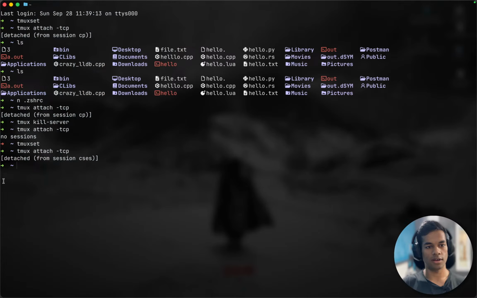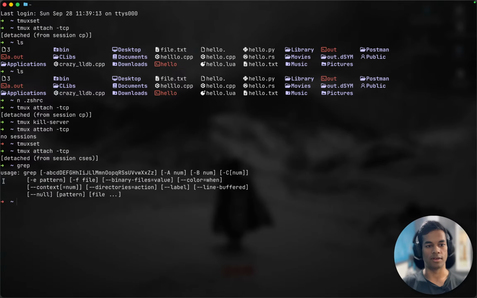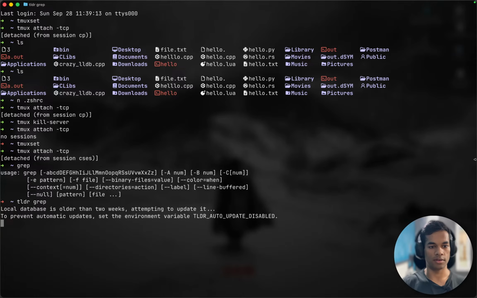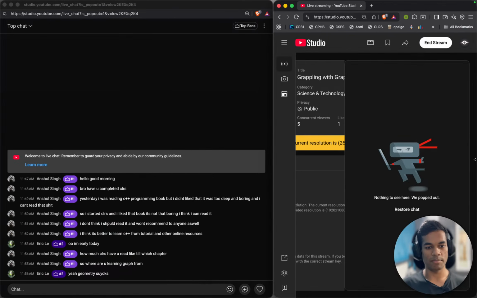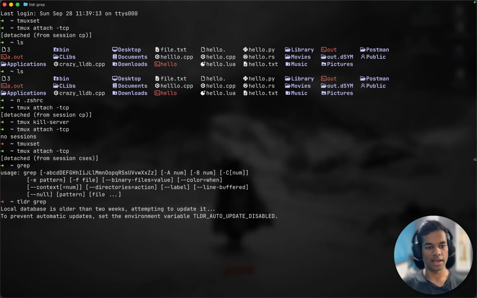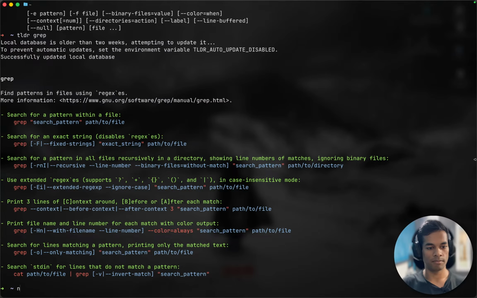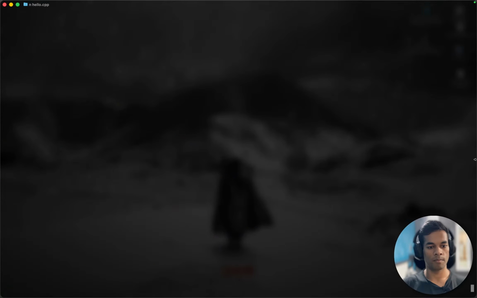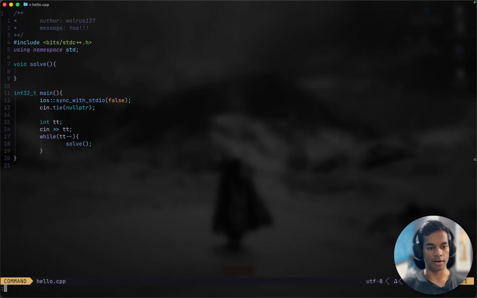There is the command grep, right? And do you know why grep is called grep? In Vim, there is a command called global,